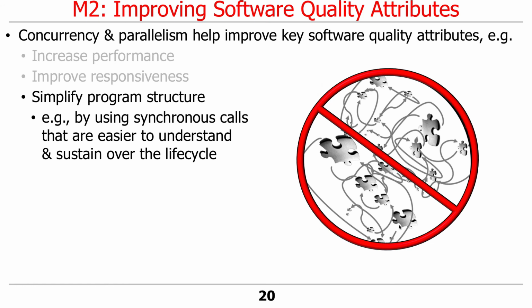Yet another important quality attribute is simplifying program structure. And it turns out that there's a number of different ways to build programs to be responsive. One way to do it is to use event-driven programming. But event-driven programming is somewhat tedious and error-prone to work with unless you're really familiar with the patterns of asynchrony and reactive software design. So often, not always, an easier way of programming is to use so-called synchronous